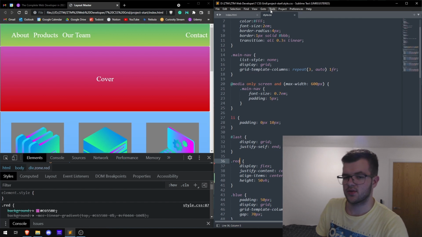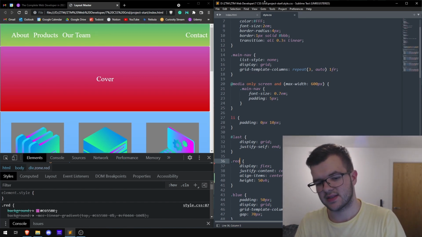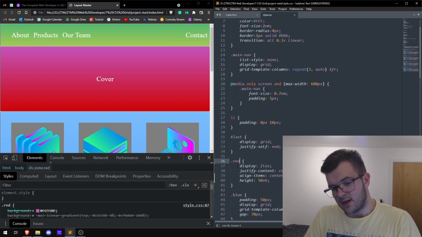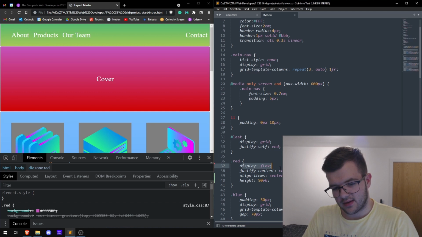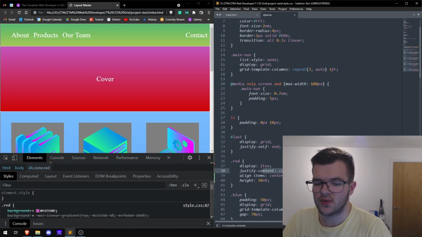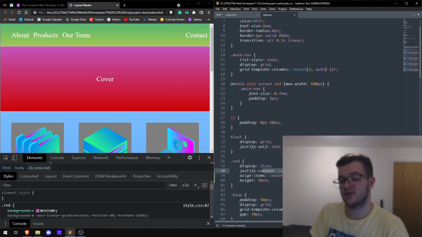Okay, welcome back. So, quick update. What have we done? Well, as you can see, not too much, but still a bit. So we did have display flex for the red one here, and justify content center. But we have also taken away the padding, and this is because of this new way of measurement that we have learned,